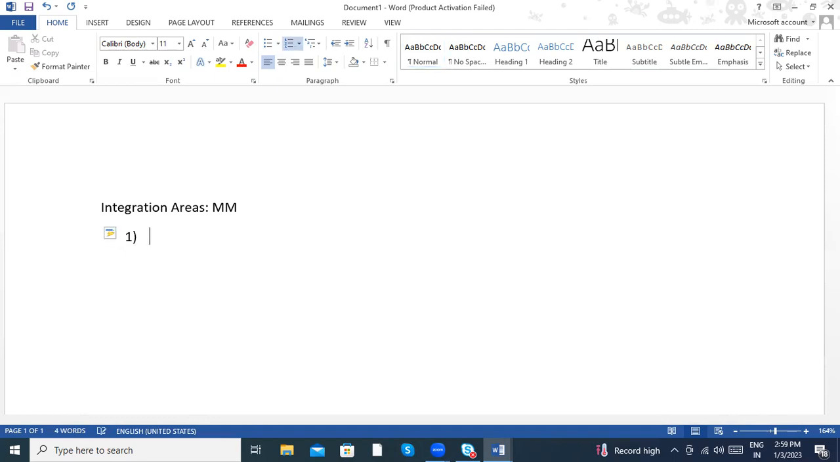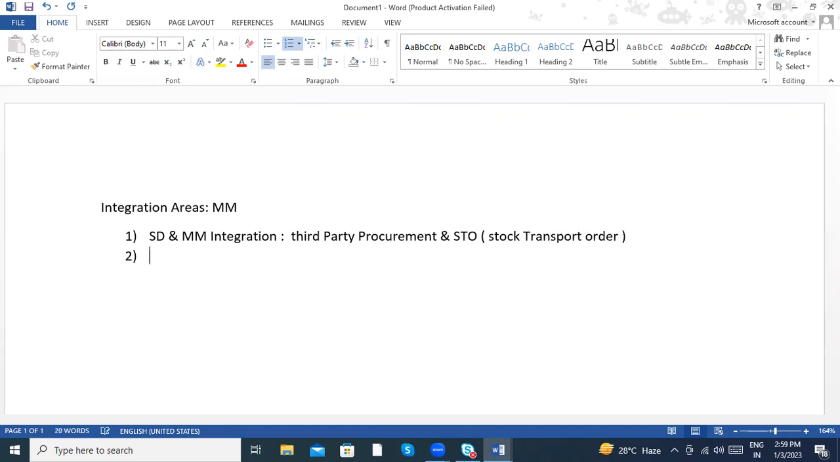So the first is SD integration. What are the concepts here? SD integrations are the third-party procurement process and the STO process, stock transport order process. Okay, so STO is nothing but a stock transport order. And coming to PP integration,